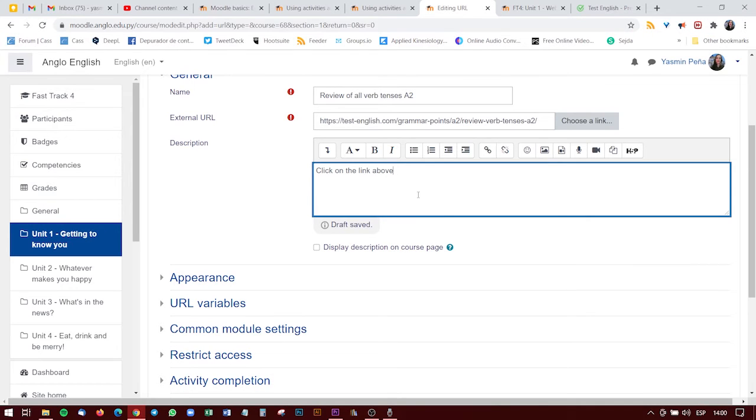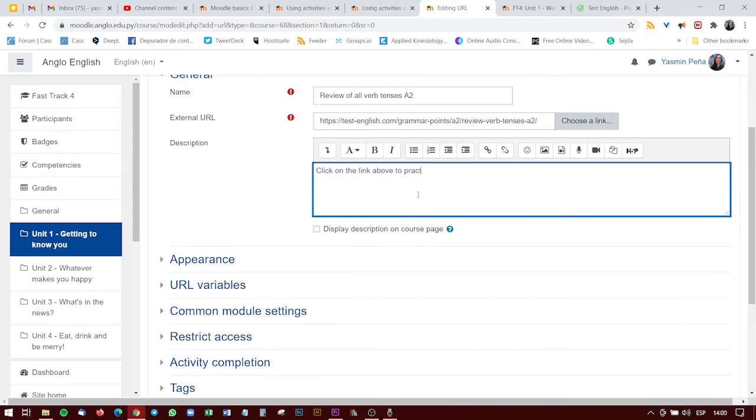So you can put, click on the link above to practice. You can say this is homework, for example, and you will click on display description on course page so that it appears there on the course